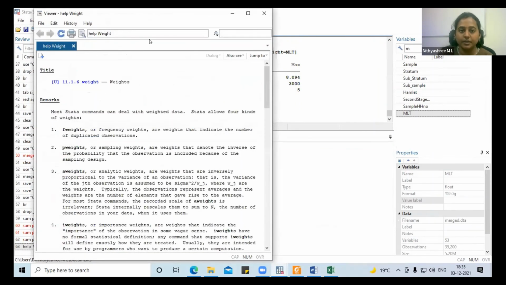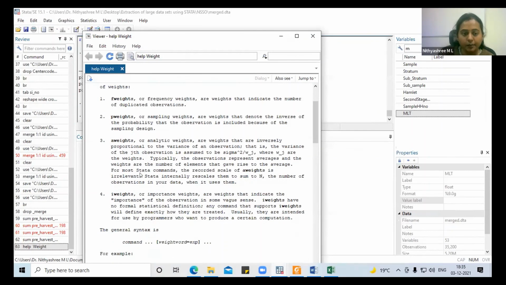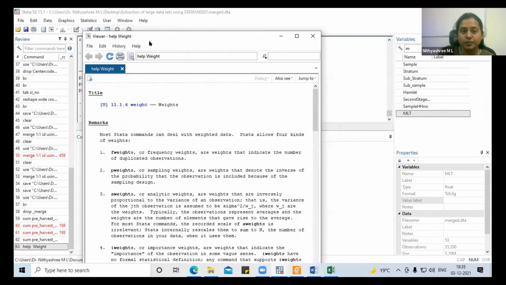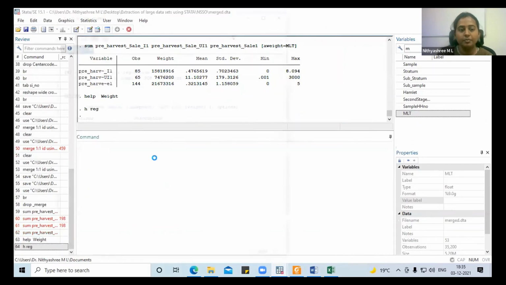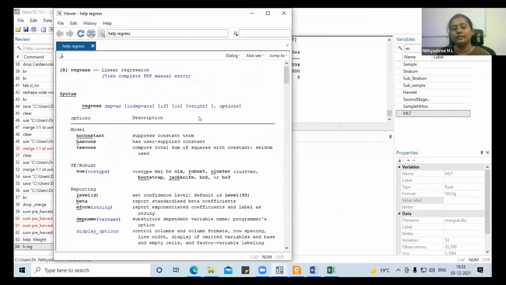All the information will be shown for you, like fweight, pweight, aweight, iweight, in which context which weight has to be used. Similarly, you can search for other commands also. Suppose you want regression, type help regression. You will get all the information, some examples, some data files that you can import, and you can repeat the code and learn, and then reuse those codes for your own data sets.